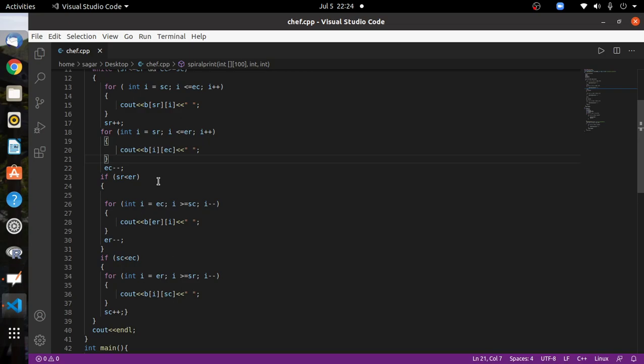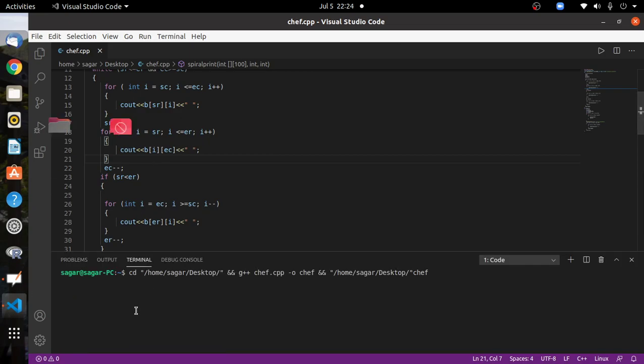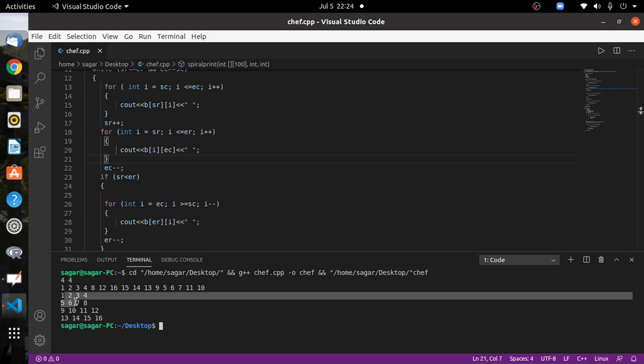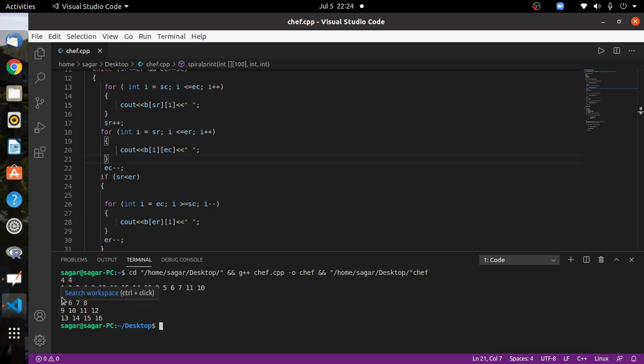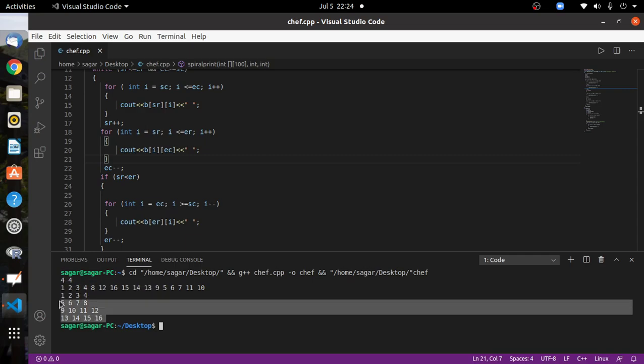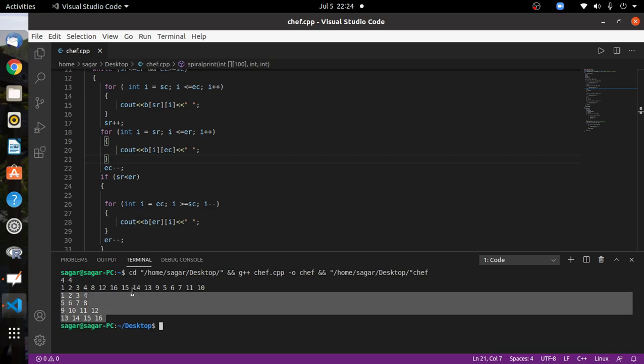First of all, let's check for the input which we have generated the code for, right? We have generated our code by taking an example of an array which has four rows and four columns as an input, right? So let me run this. I'm giving 4 and 4 as input and pressing enter. So you can see that this was my array, and it is printing this output from the spiral print function.